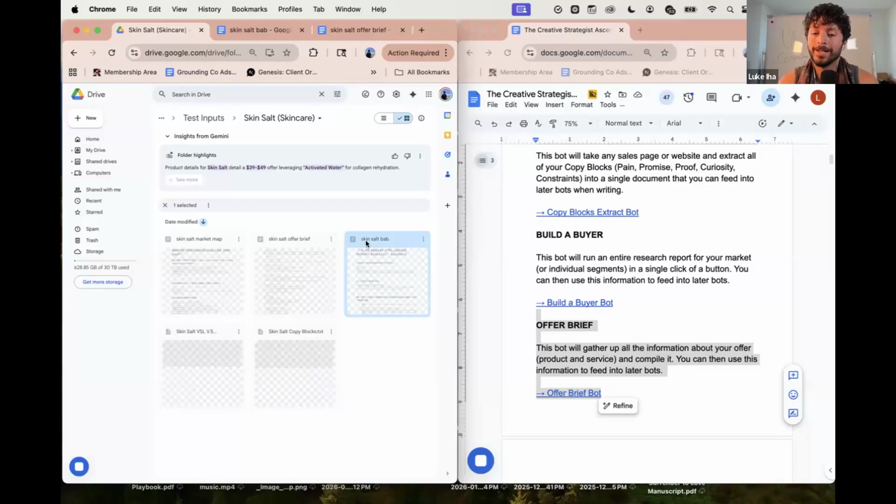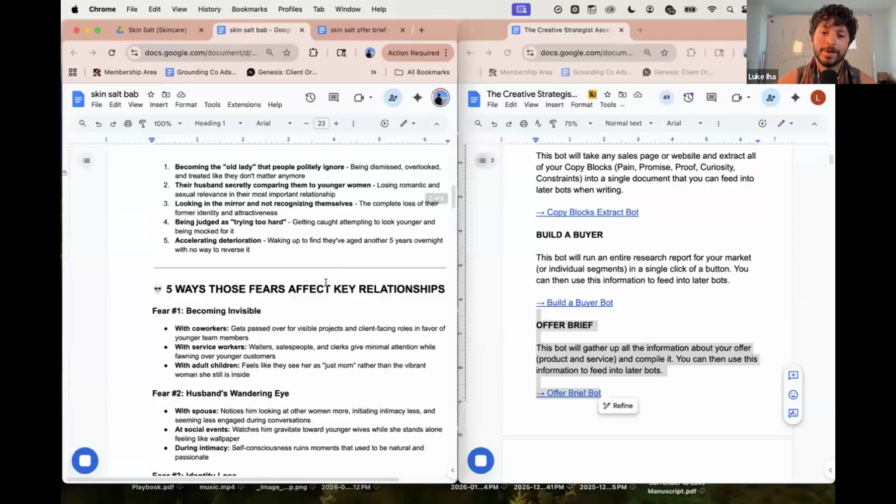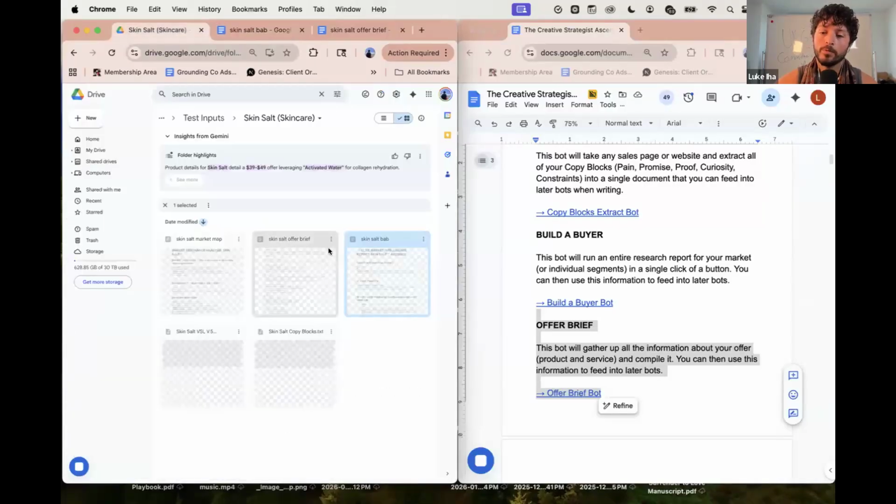Although, funny enough, I've done this process so many times, and I've heard people say, "Oh, Build-A-Buyer is just whatever Claude thinks." And it's just so funny how accurate the Build-A-Buyer is, even to this day. That's why it's literally been swiped by Onyx Singal and Sabri Suby, and it's in every app. Iman Gadzhi, it's literally in every copy software that gets created. I just can't help myself but go and check and be like, did they come up with something original? And nobody has. So this thing is actually quite powerful, and you can use it right out of the box.